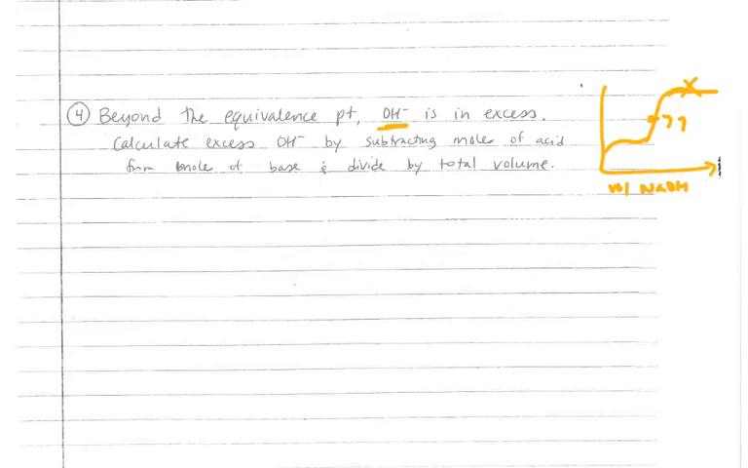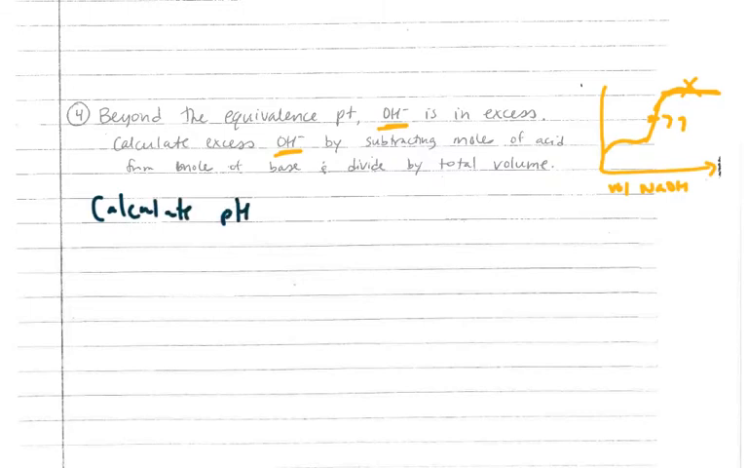So all we have to do is calculate how much excess OH we have by doing some mole subtraction, which is the same way we did it for the strong acid, strong base. So this region of the graph is calculated the same as for how we did it before. So if we have an example problem,